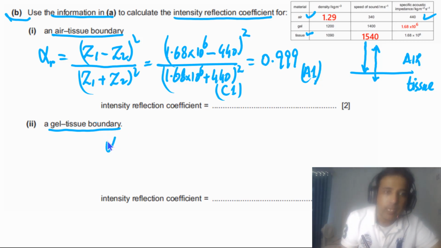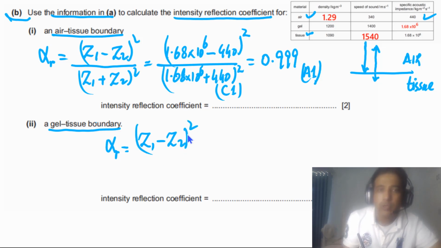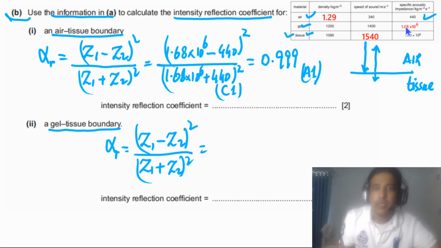For the gel tissue boundary, we need to use the same steps, but we have just different numbers. So we can write down alpha R for this one, means intensity reflection coefficient. Again, we write down the formula, Z1 minus Z2 square, always write down the formula, divided by Z1 plus Z2 square. We are talking about gel and tissue. For the gel, we have 1.68,